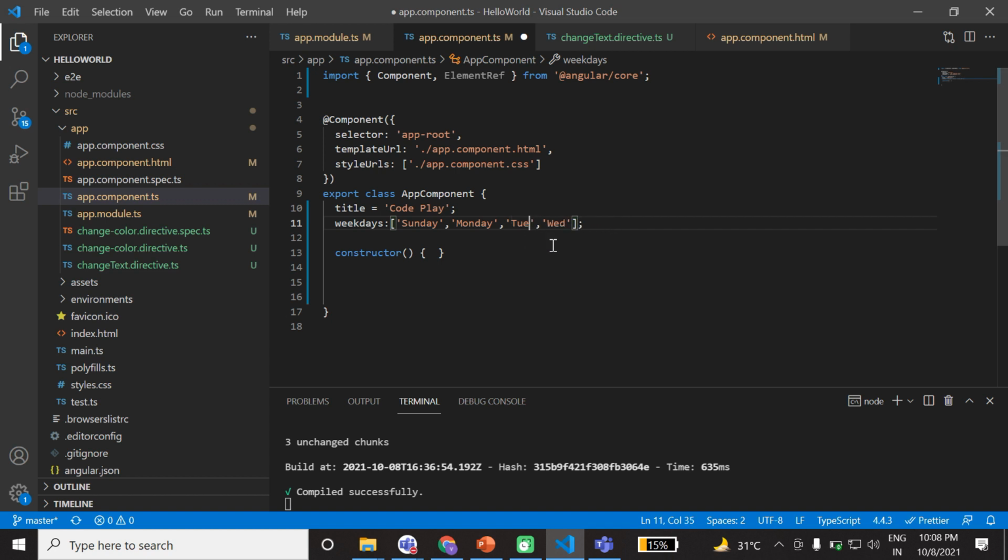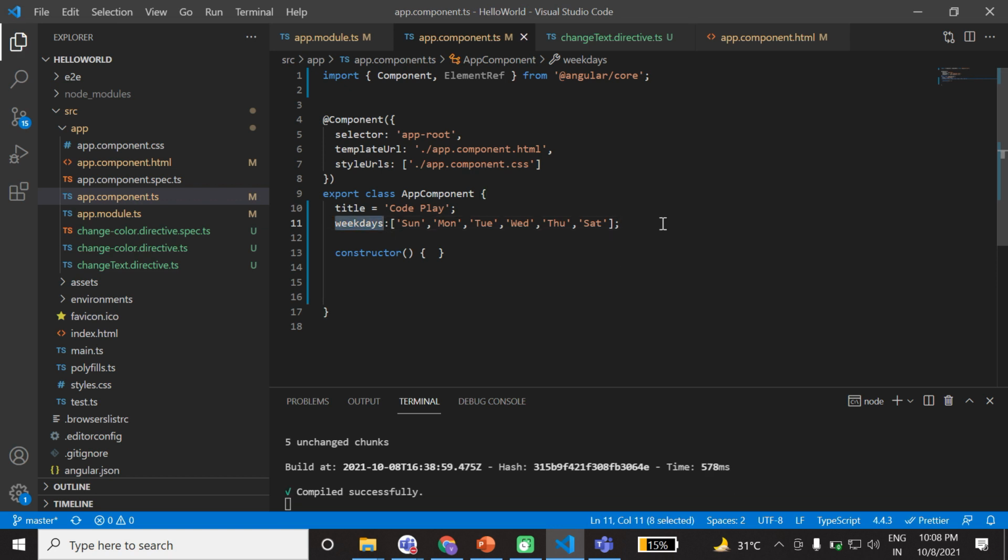Let me do this by shortcut. It's taking more time. Thursday, Saturday. Now you have an array, a string type array.